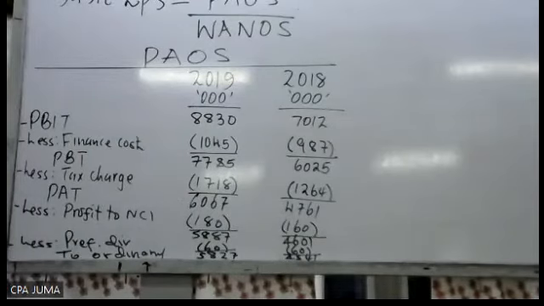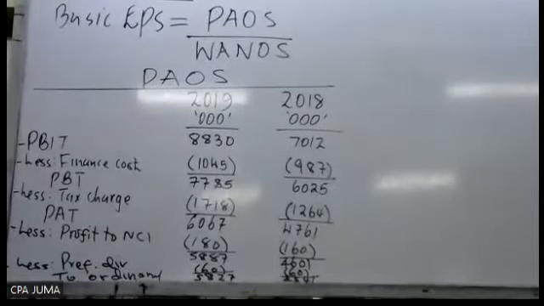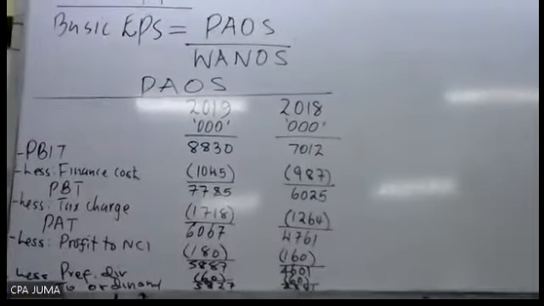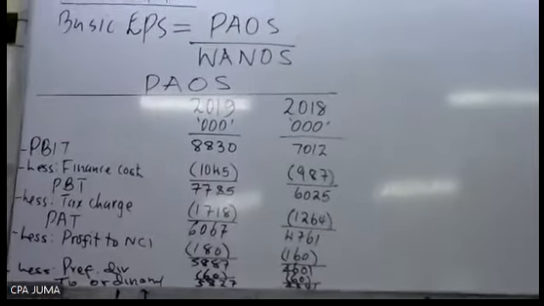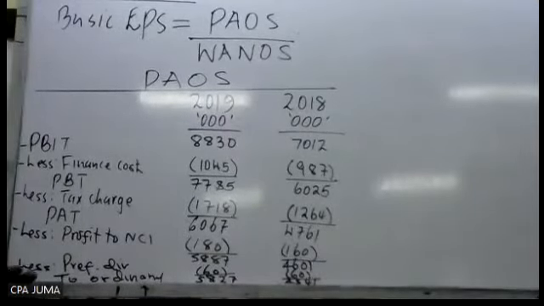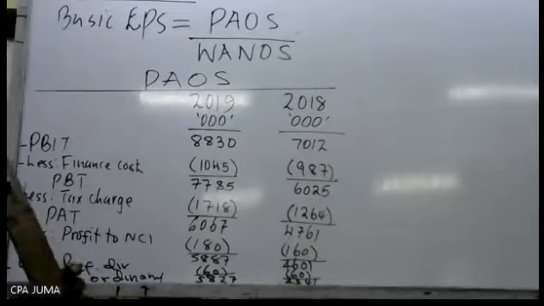That is the first phase of determining profit attributable. 5827, 4541 is the profit attributable to ordinary shareholders, which is our numerator. So we have to go to the denominator computation. You cannot compute the 2 years comparatively like that. You have to finish 2018, then you transition to 2019.